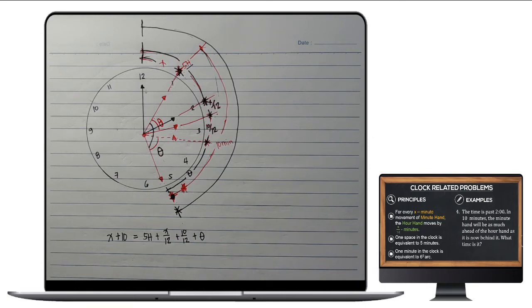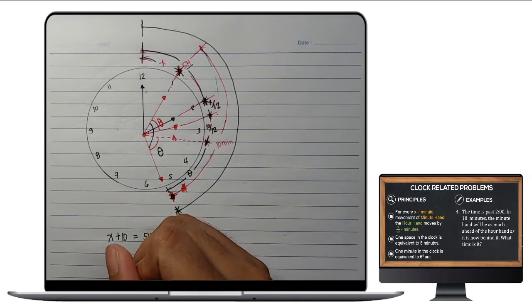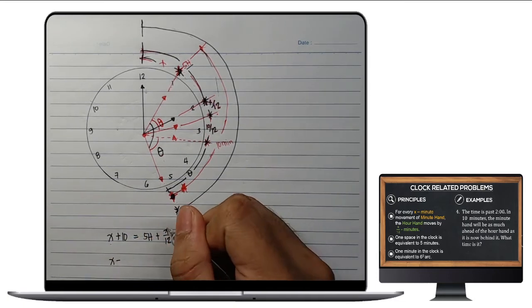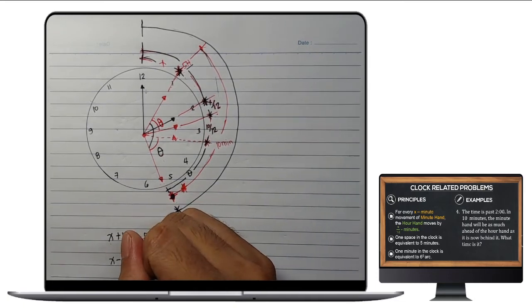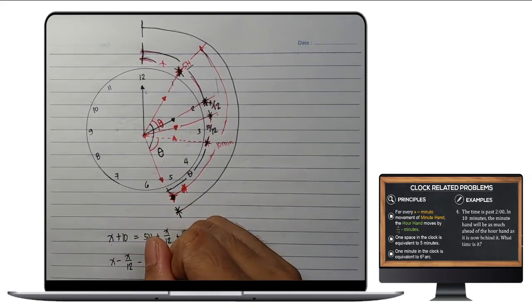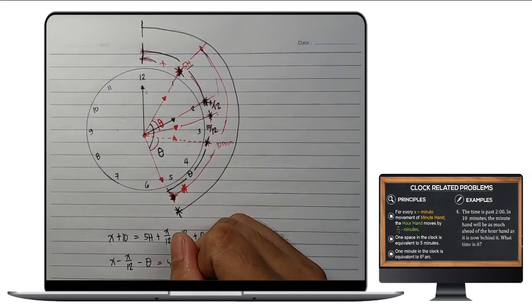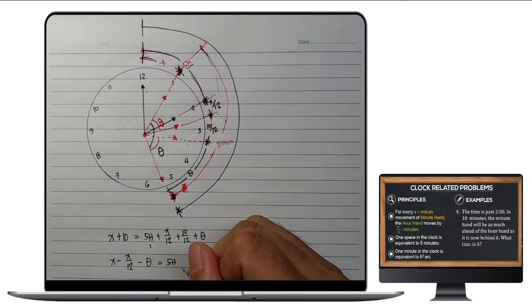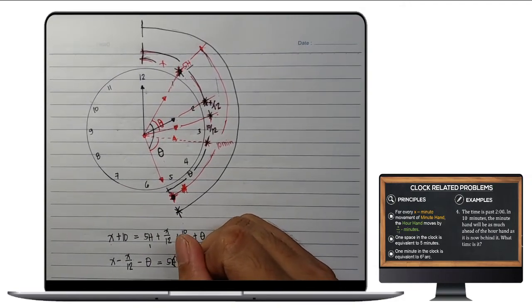Okay, so let's form the equations. So we will have x minus x over 12, then transpose, so minus theta, is equal to 5h. So h here is,